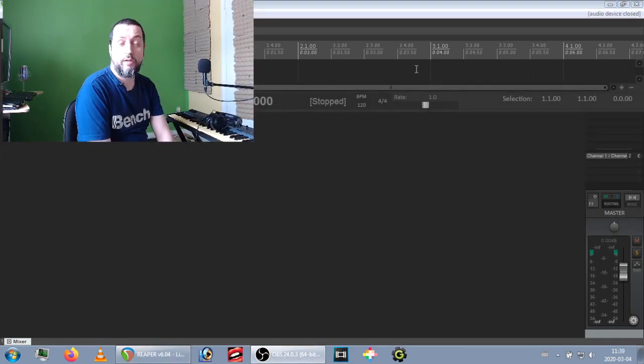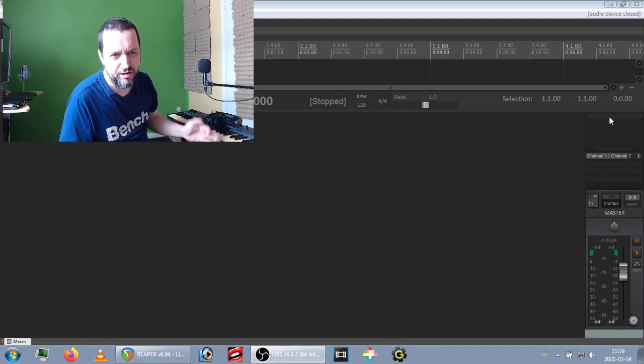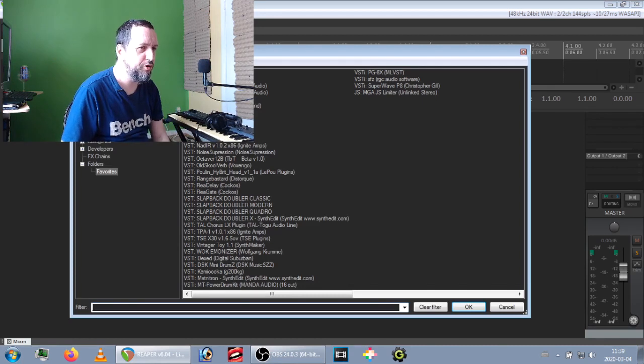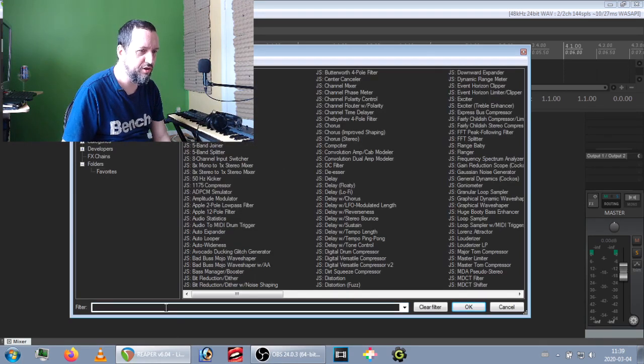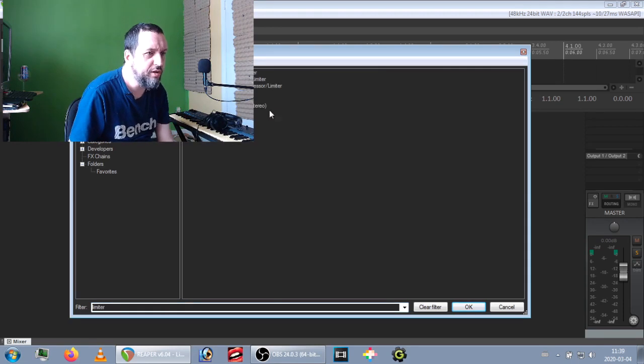Another thing, a lot of people use a lot of plugins for mastering the sound of the master track. You spend a lot of CPU time and all that. Keep it simple, okay? Just click on it and search in the JS plugins and search for limiter. And I got a good limiter I really recommend, and I always use